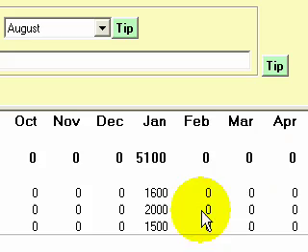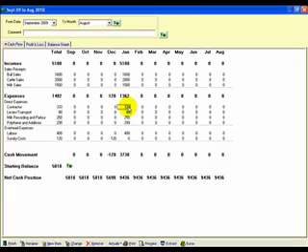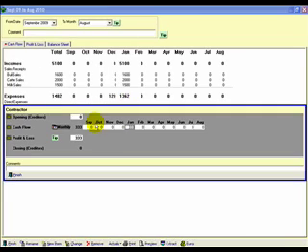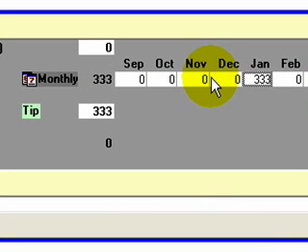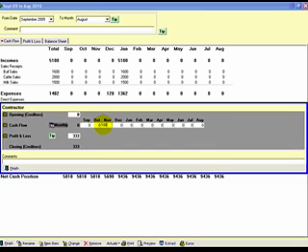But what you do is you then decide to tweak the figures. So remember this contractor check for €333 that we had to put in the last time. So if I double click on my contractor line, it brings up a new screen. It's basically saying, okay, what do you think you will pay to contractors over the next 12 months? So we paid 333 last January, but let's assume that we don't expect that to come this January. And let's say that you might say, well, I need to pay €1,000 off this